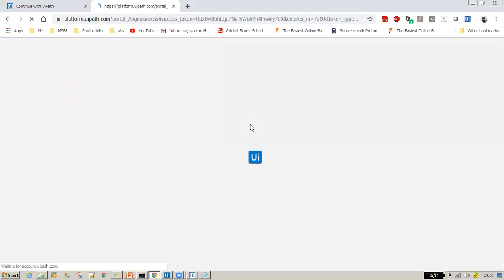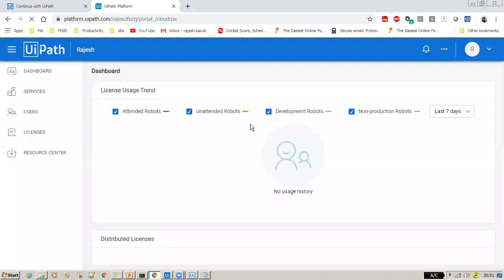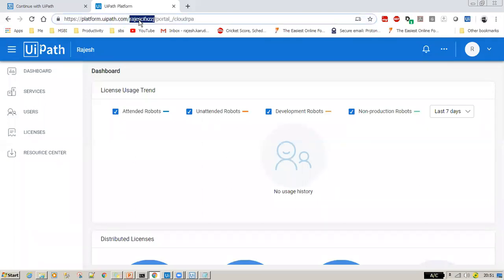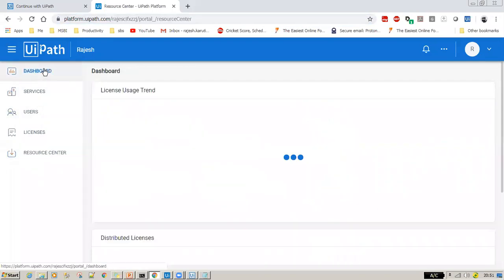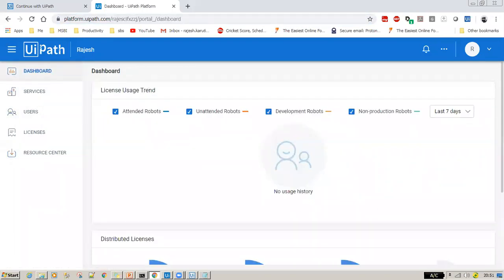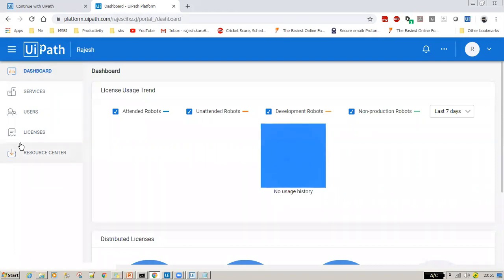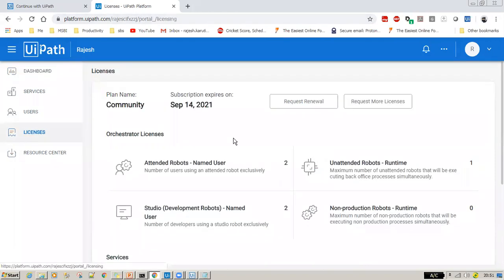Once you sign up, you're going to see a landing page like this. This is where you land, where you see platform.uipath.com, a customized name, which is the tenant, and the portal cloud RPA. This is how the landing page is going to look once you sign up. And also, when you go to your licenses,